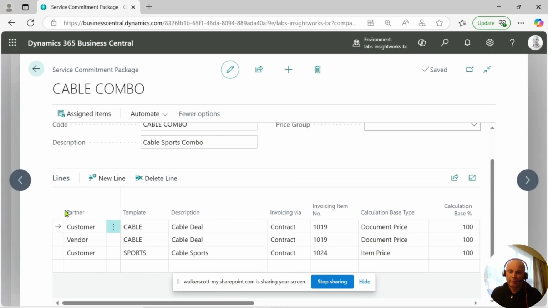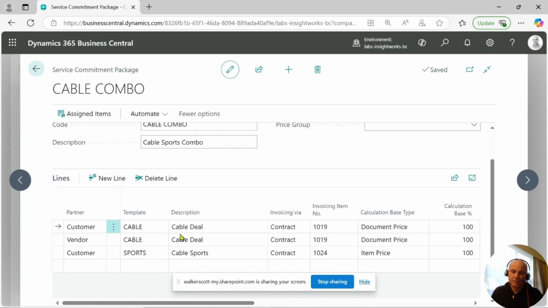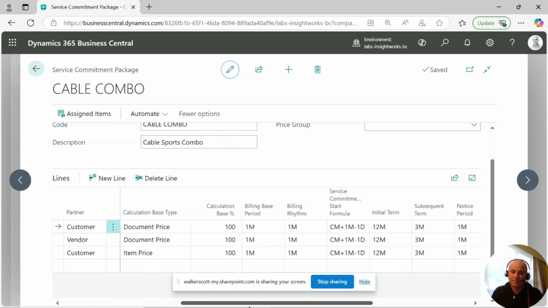In here, we've got 3 service commitment items, 2 for the customer, as we've covered. One's just the cable base pack and then an additional sports pack. You can see the fields that have defaulted in from that template, so it's just picked up that invoicing item number, the calculation base type, calculation base and billing base period,